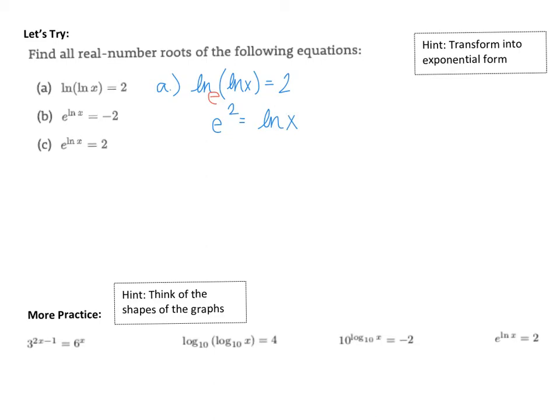I'm still in ln here. I guess I can think of it again like, okay, this is the base e. We can put it into exponential again. Looks kind of weird, but you're going to have e raised to the e squared equals your argument. So you just solved for x, having to actually bring in exponential twice. Type this into your calculator, and you're going to get